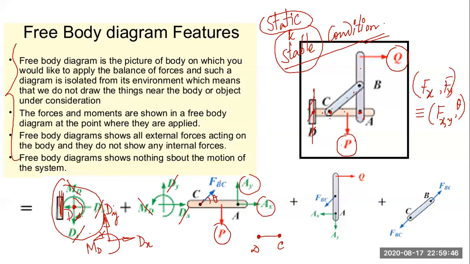Again, now initially we are at point D. After point D, we have come to point C. So we have considered the link DC. Now we are at point CA. So point C, we have considered the link CB. Point A, we have considered the force for A to B. Now the link AB, or A to say E, whatever. Now in the link AE, you can see suddenly at point B, there is a force towards C.